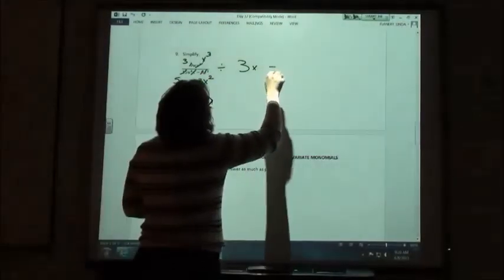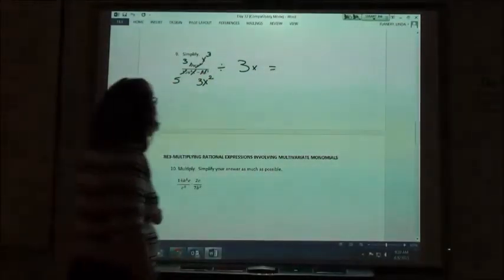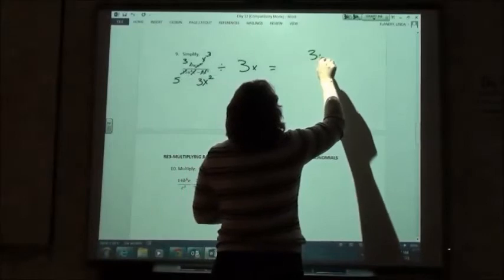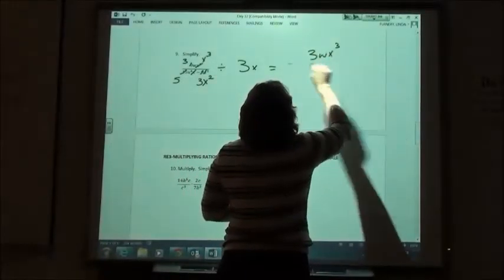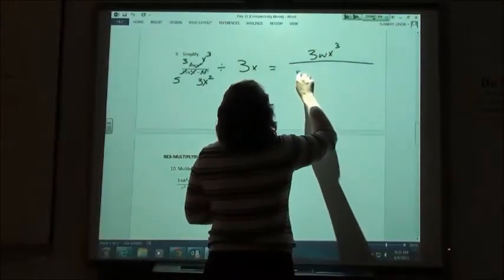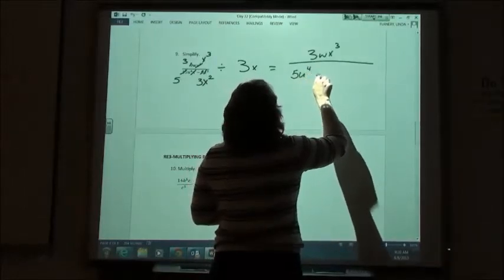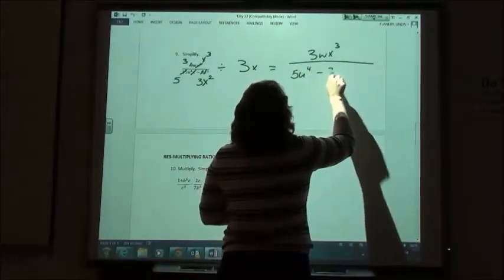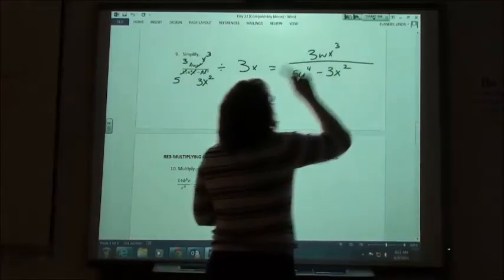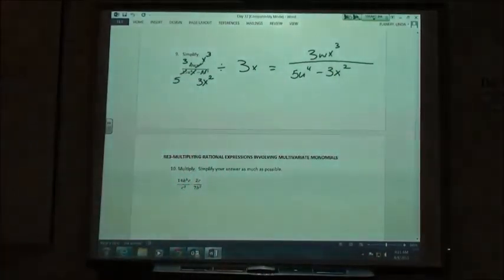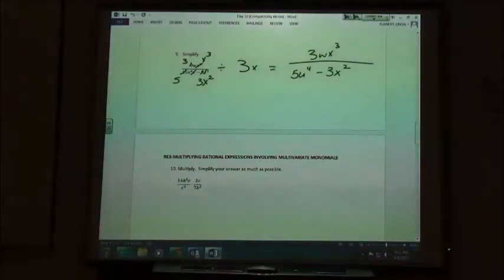And so my answer is going to be what? 3w x to the 3rd over 5u to the 4th minus 3x squared. Exactly. So 3wx cubed over 5u to the 4th minus 3x squared. So just reducing it down,